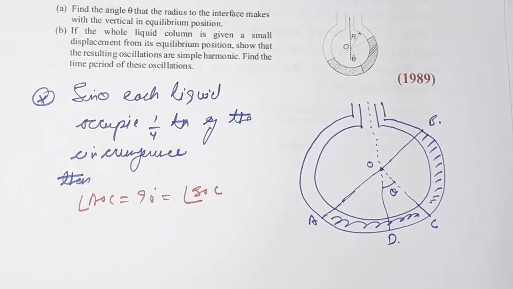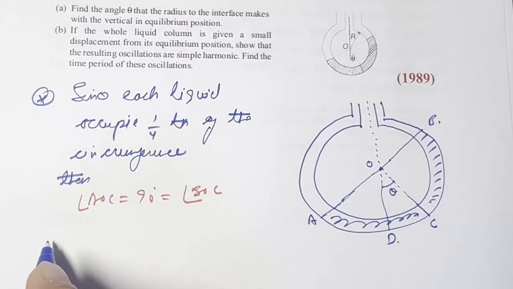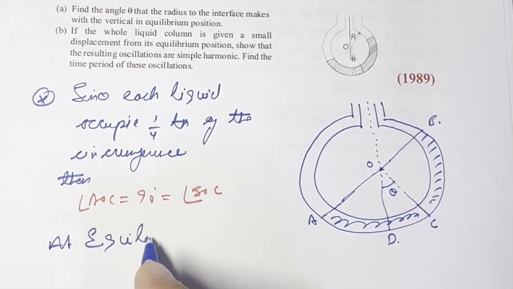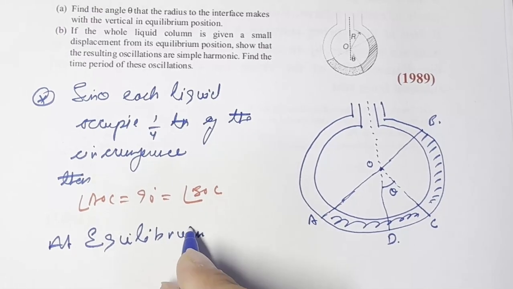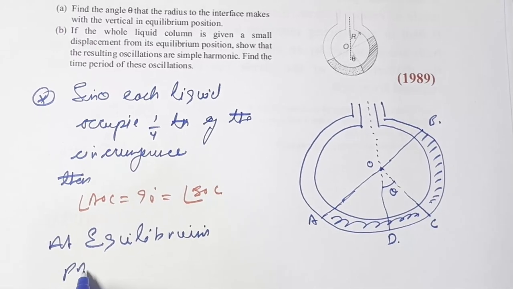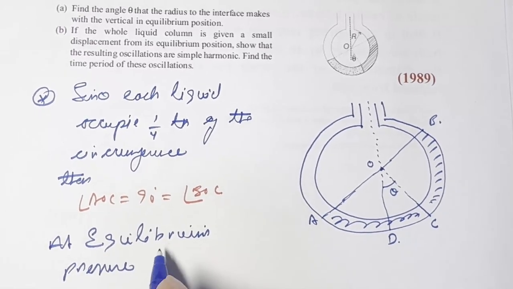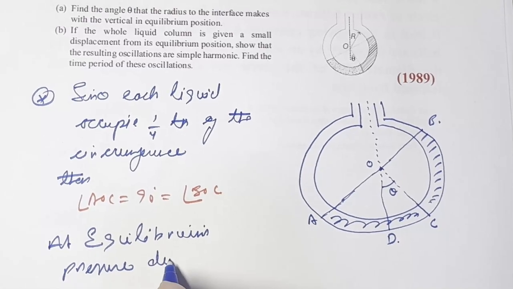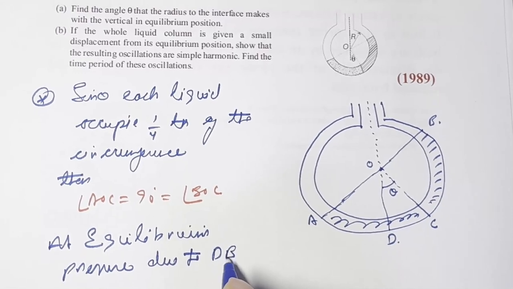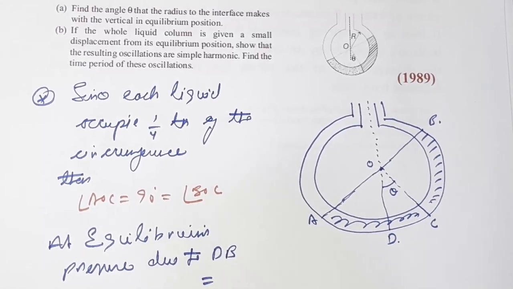So from here we can say that at equilibrium, the pressure due to DB